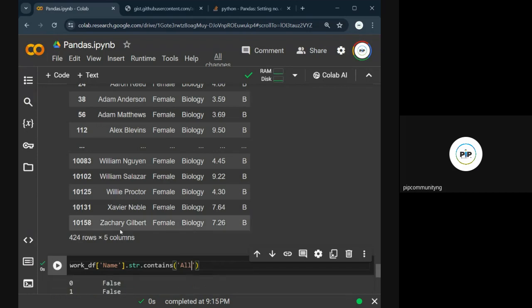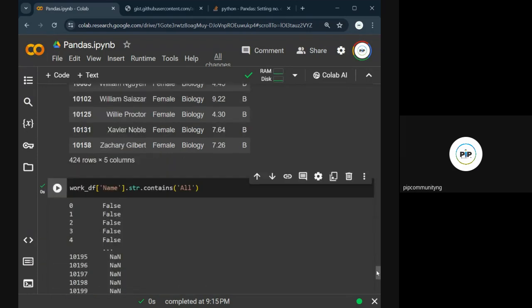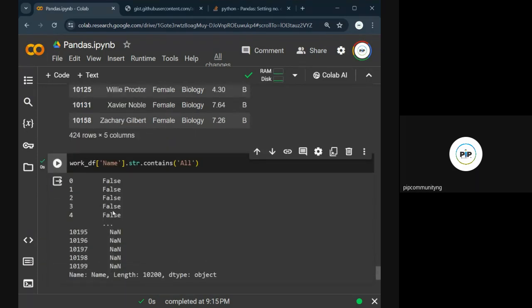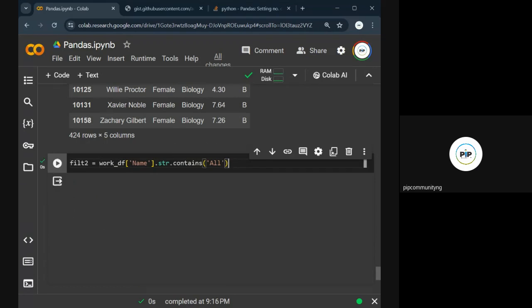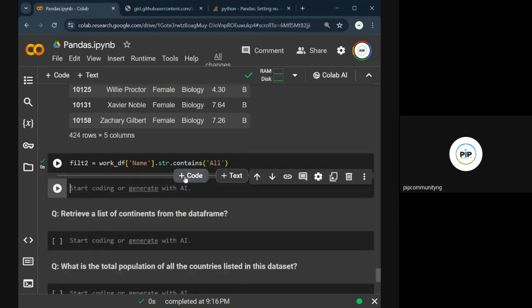Let me see. So it's going to give us a truth table also, a True and False table. So let me do it as fit equal to this condition. And then I want to use work_df, and then I'll index fit in this, because what we are doing here is looking for